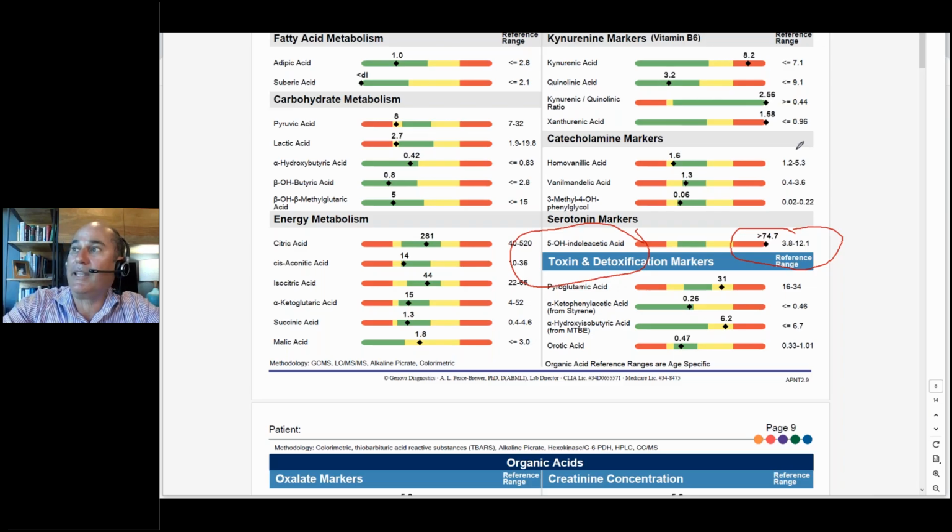But then the person with low tryptophan, well, let me say it this way. If you have low tryptophan, you have to take it just to get your levels up to normal. But if you have a process in the body that requires more tryptophan, you can supplement with tryptophan even though the tryptophan levels are normal, because you're trying to get a specific metabolic process working.